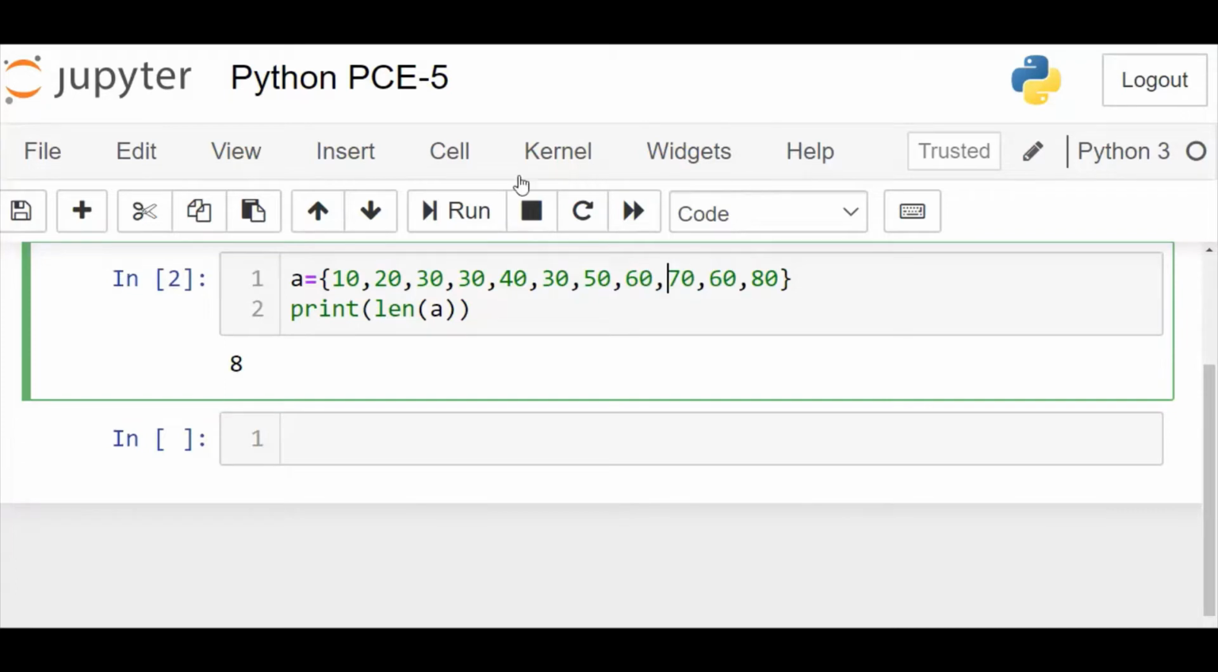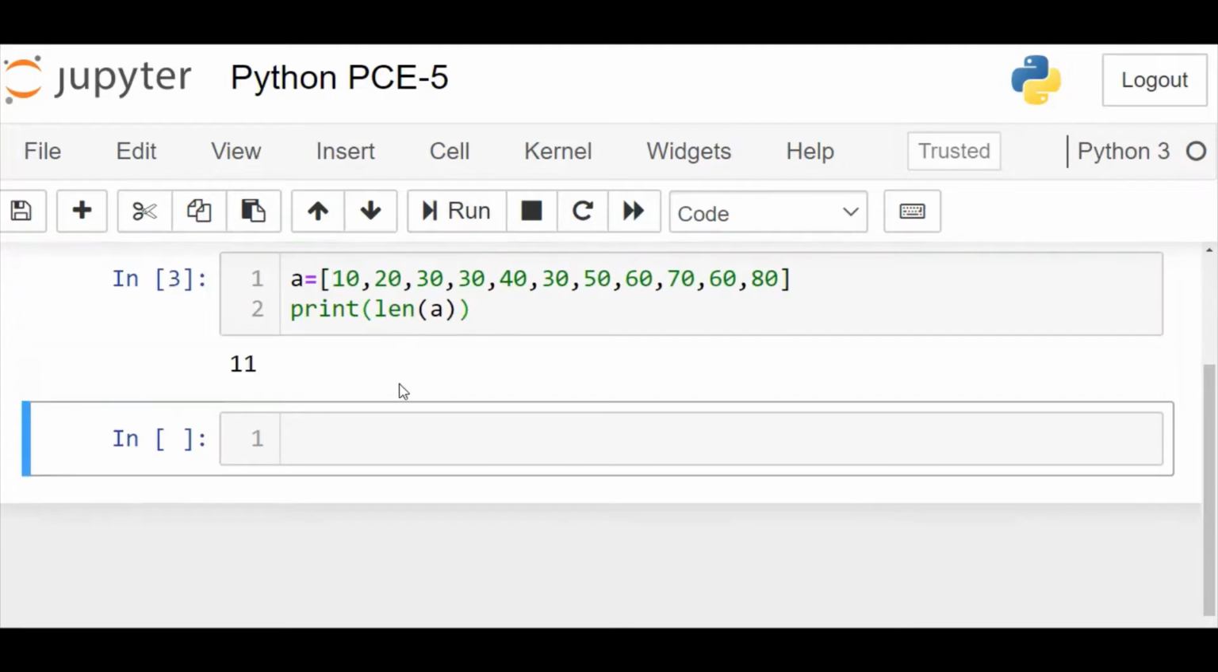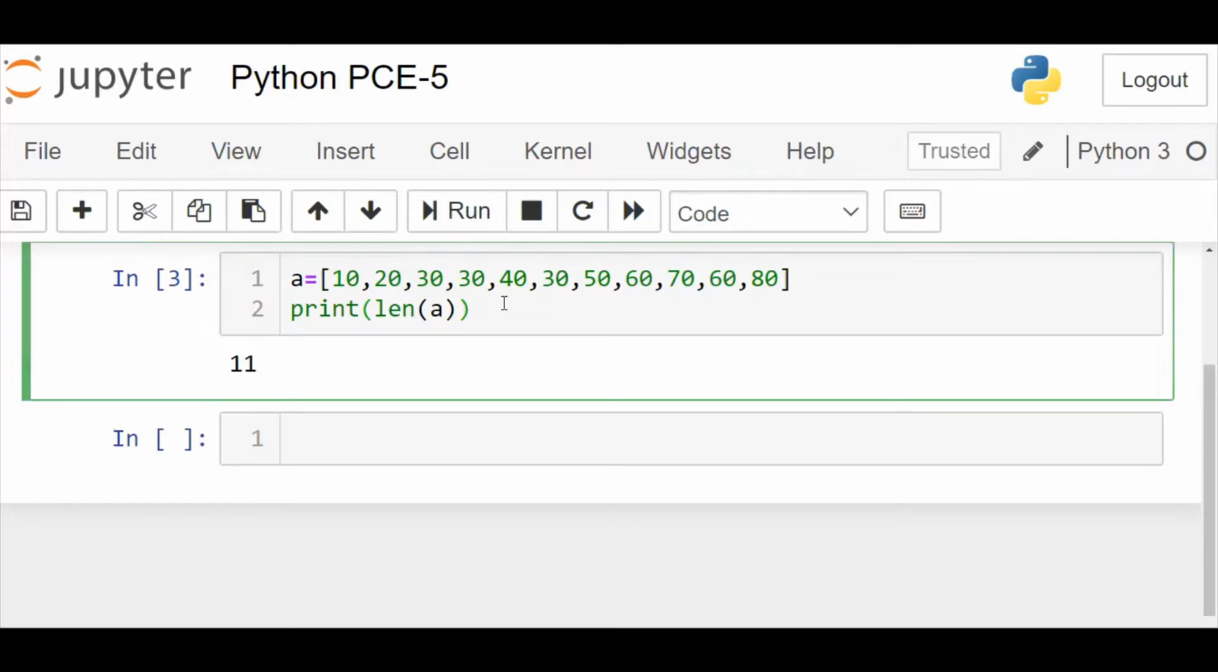However, we'll not go to that now. We'll stick to list here. We know the length now, 11. We'll do something more about set in a later class. Continue watching our channel. Coming back to list here, we have a list, we have a length, then what we